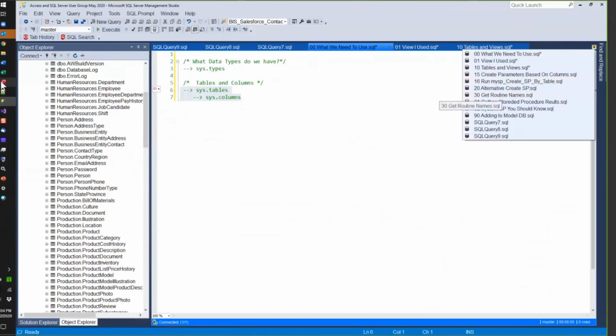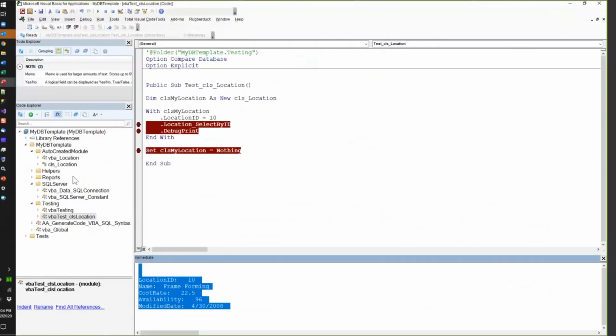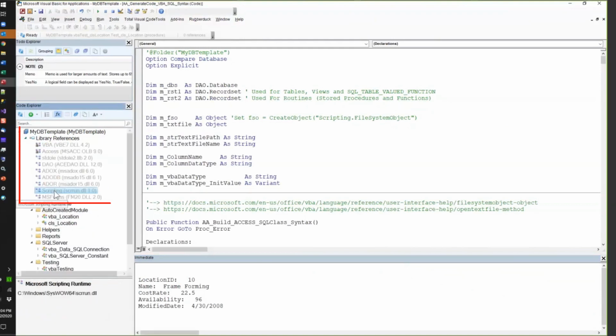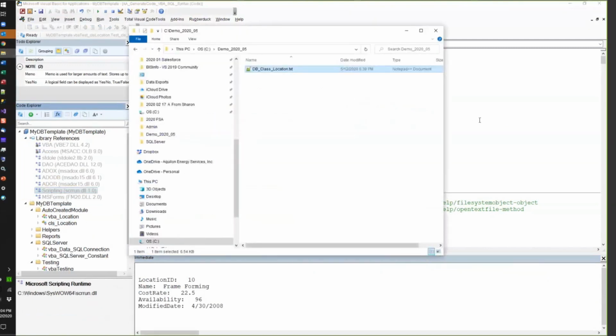Let's go back to Access and start to look at the code a little bit. In order to do what I'm going to show you, you need to use the scripting library that's available. If we look here, we can see it's the Microsoft Scripting Runtime, because we're going to write that text file that we saw here out of this process